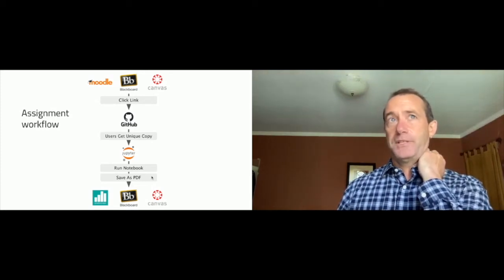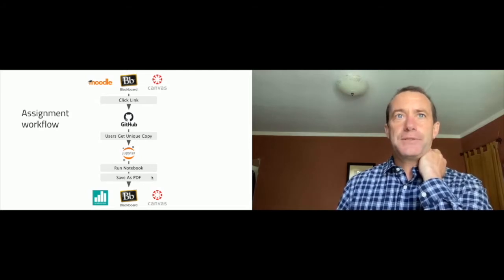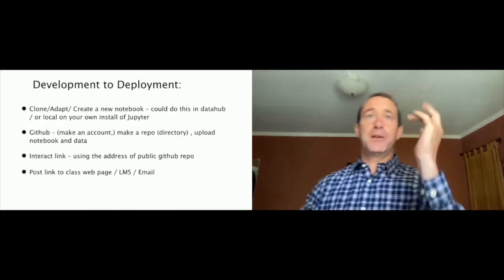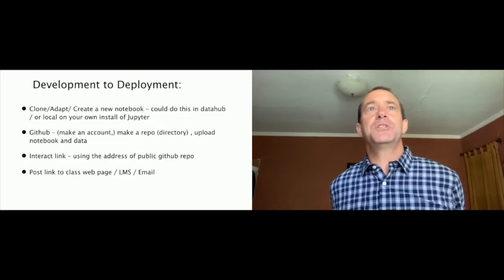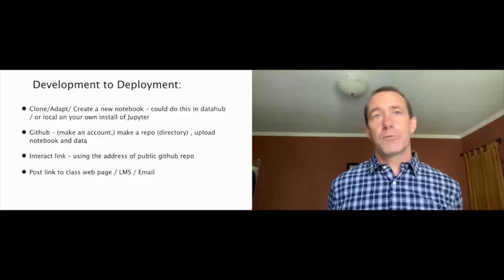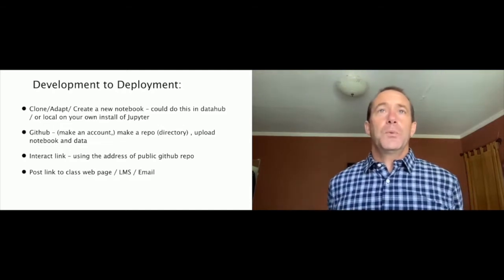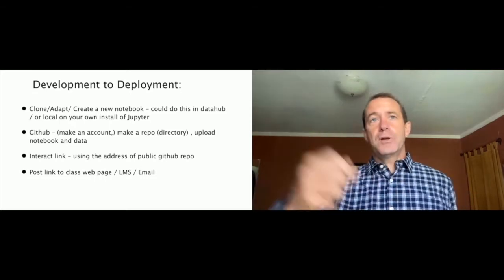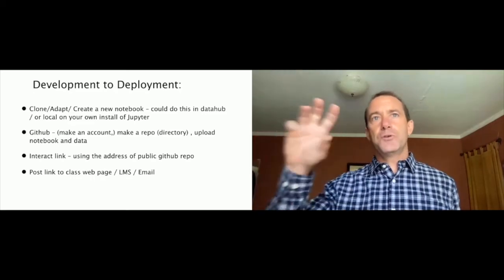One thing to think about as an instructor: you would start by creating materials for the class, getting them from UC Berkeley. Maybe you would change the data set out so that it wasn't about Berkeley, it was about Chicago or Los Angeles or wherever you were teaching. You could go on GitHub and make an account and make a repo like fall 2021 data 108. And then you could upload your notebook, the data set that goes with it, maybe the test files that go with it on your GitHub.